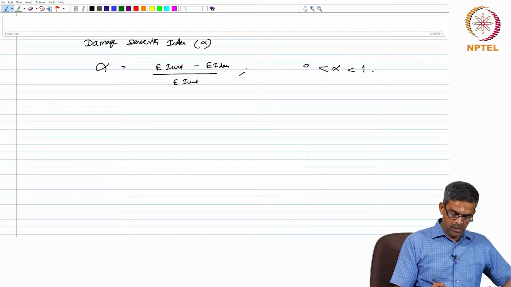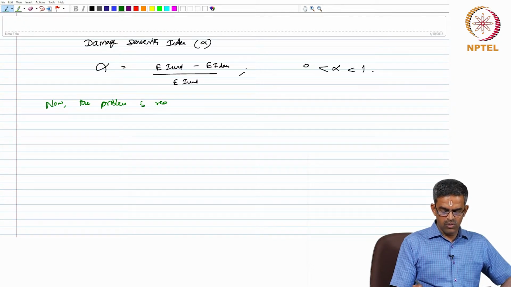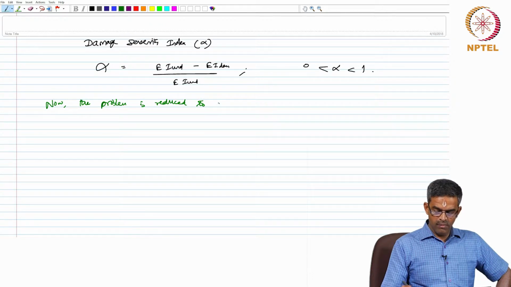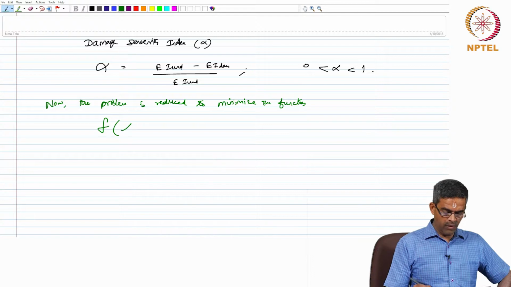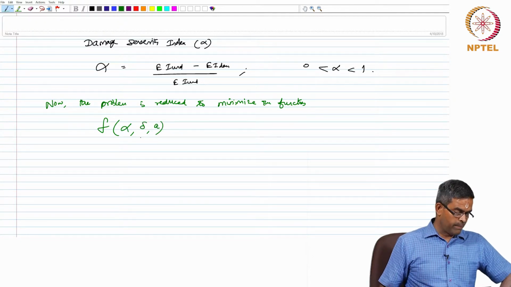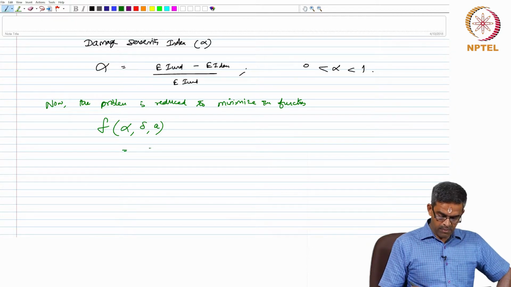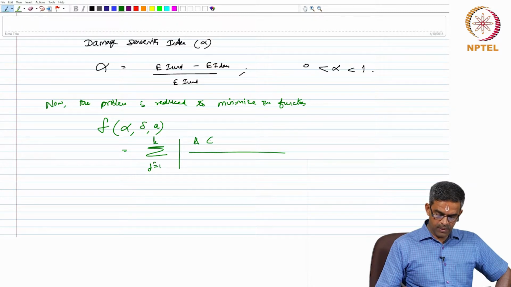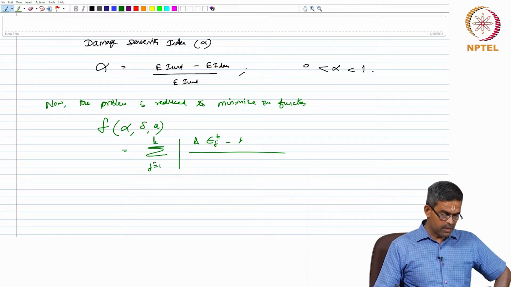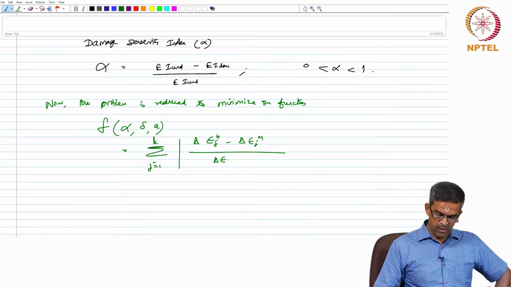Therefore, now the problem actually is reduced to minimize the function, which is a function of alpha, delta and A, which can be given by summation of j equals 1 to k, mod value of delta epsilon j t minus delta epsilon j m, divided by delta epsilon j m,